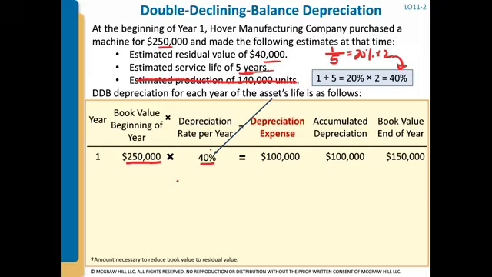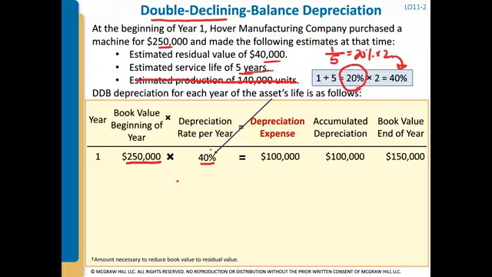This particular method we're calling double declining balance method because we are doubling the straight line rate. If we wanted to do 150%, we would take this 20% times 1.5, and that would give us a 30% depreciation rate per year. But right now we're doing double declining, so we're just multiplying by 2, and our depreciation rate per year is 40%. So we take our beginning of the year book value times our depreciation rate, 40%, and year one we have